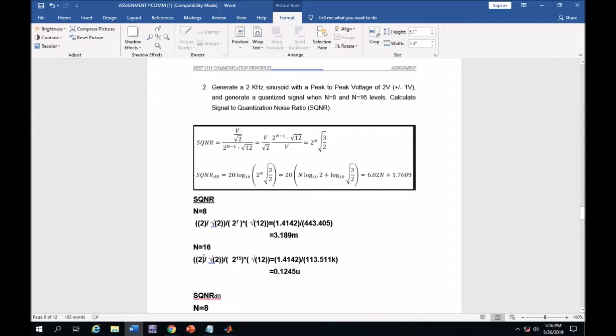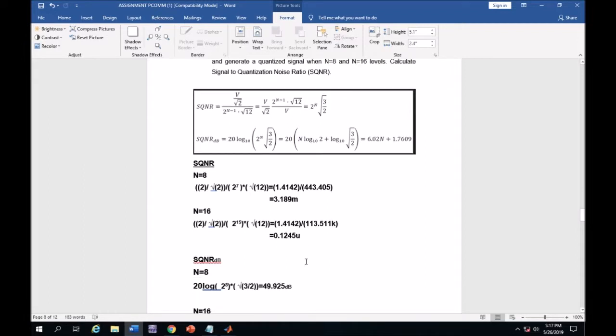And for n equal 16, I just substitute. The voltage peak to peak is already given. Just I substitute 2 divide by √2 divide 2^15. Why 15? Because n is 16. 2^n minus 1. 16 minus 1 is 15. And multiply √12. And the answer is 1.4142 divide by 113.511 K, and I get the answer is